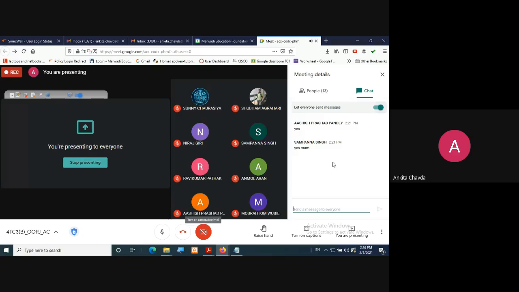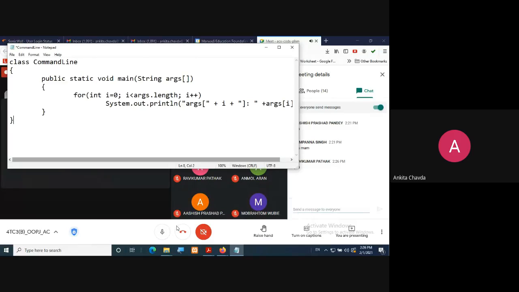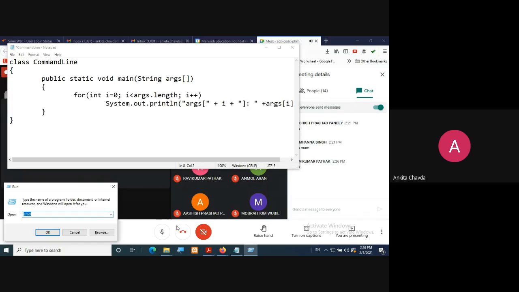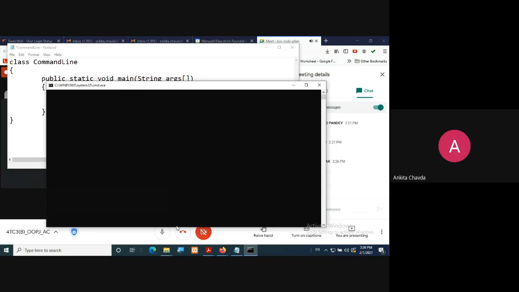Is it okay, everyone? Anyone can at least answer. Okay, fine. To run the program, you have to open the command prompt. I'll go to the folder where I've stored my programs and compile command line dot java.